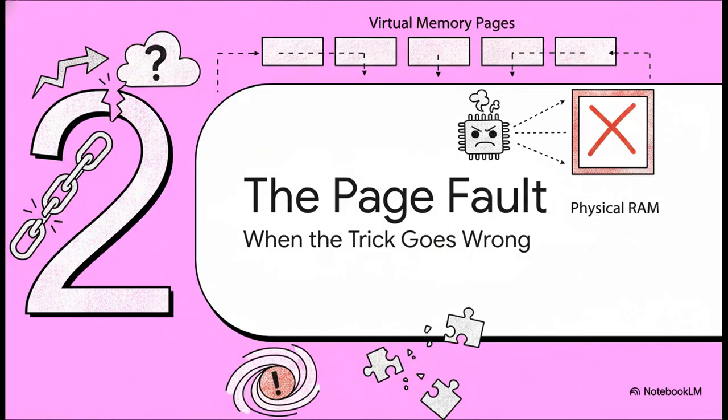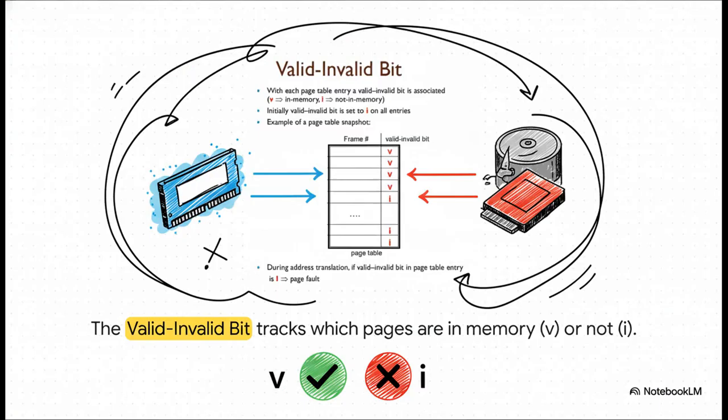But, okay, this whole system creates a new kind of problem. What happens when a program needs to access a page that, well, isn't actually in physical memory at all? You see, the OS keeps this little scorecard for every single page. It's called a page table. And in that table, there's a super simple flag, a valid-invalid bit. If the bit is V for valid, great, the page is in RAM ready to go. But if it's I for invalid, that means the page is currently sitting on your hard drive or SSD,